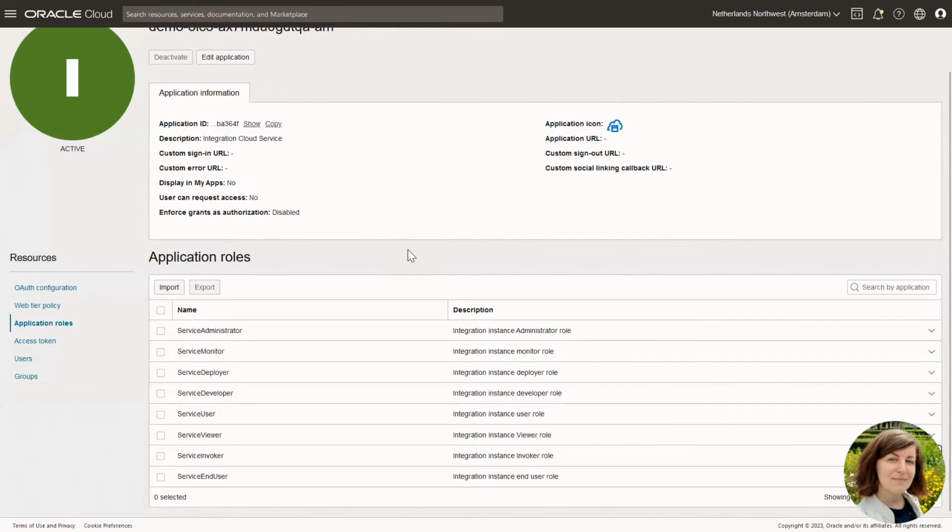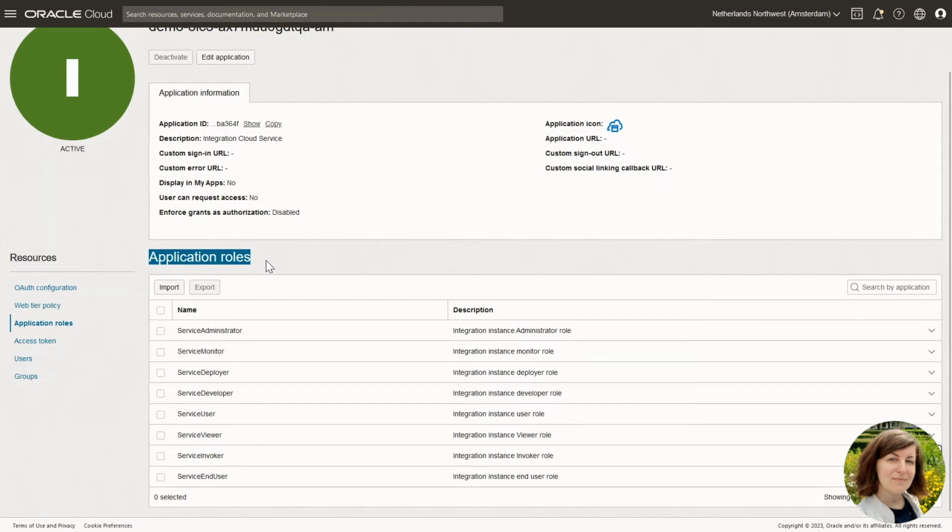Let's recap. For user access to OIC, we can use policies and application roles. Now, it is possible to give access to users to OIC only by using the application roles and without policies.